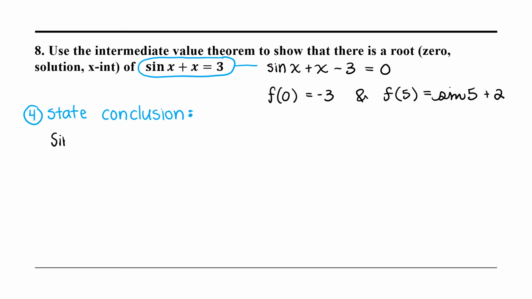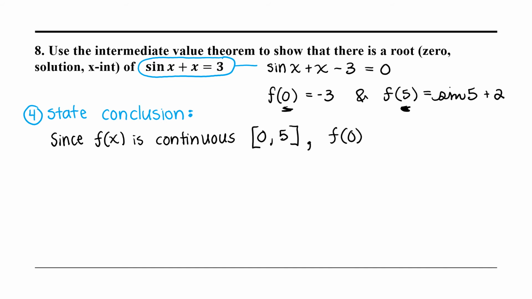So since f of x is continuous on the closed interval from 0 to 5, so a to b, and f of 0 does not equal f of 5,